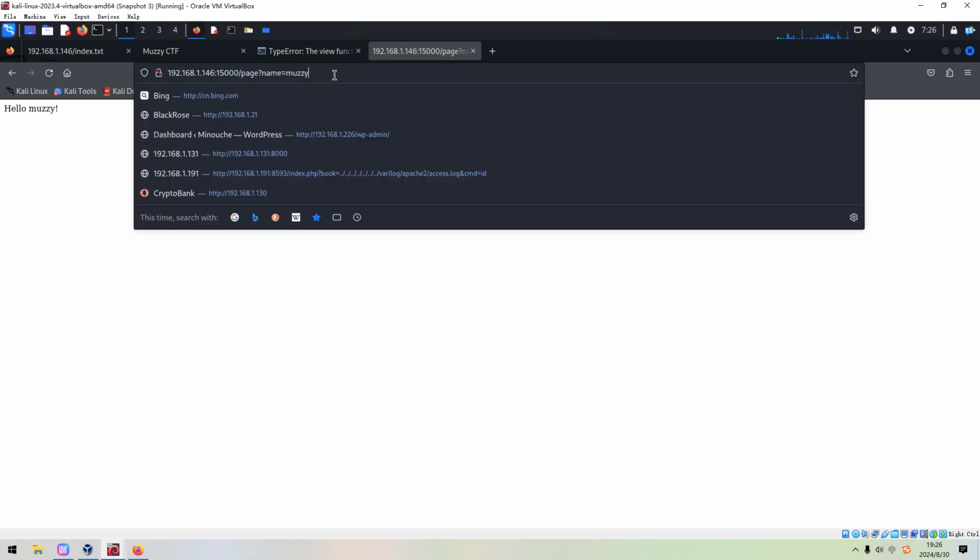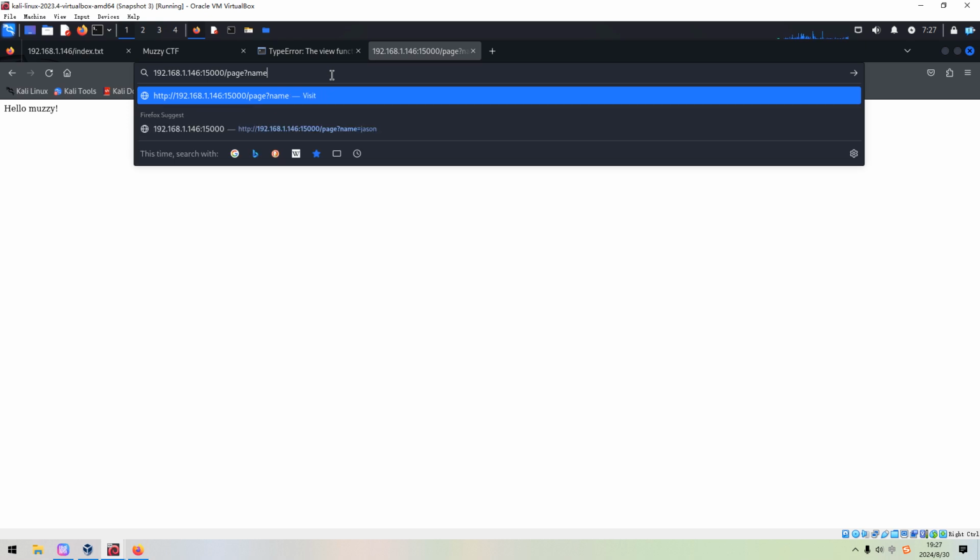It looks like, during the nmap scanning stage, we know that this port number is also running Python. And whatever we input, any parameter, the information will be printed out. So it looks like there's some sort of template engine running in the background.